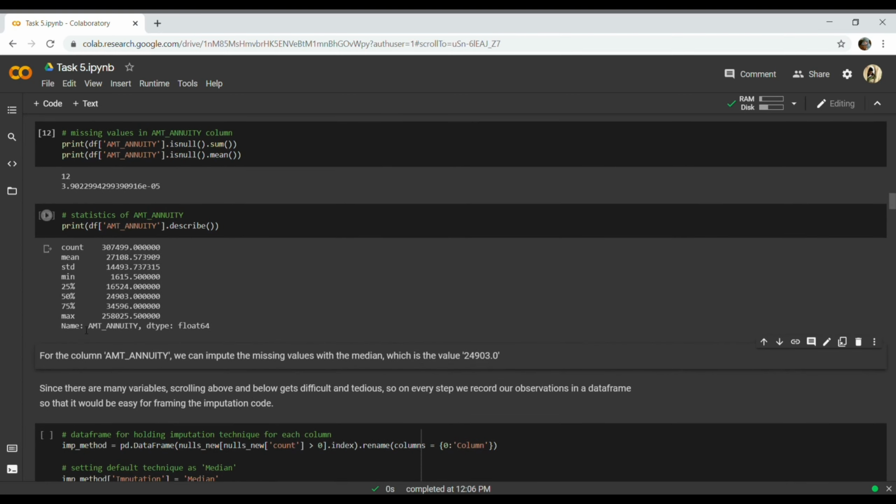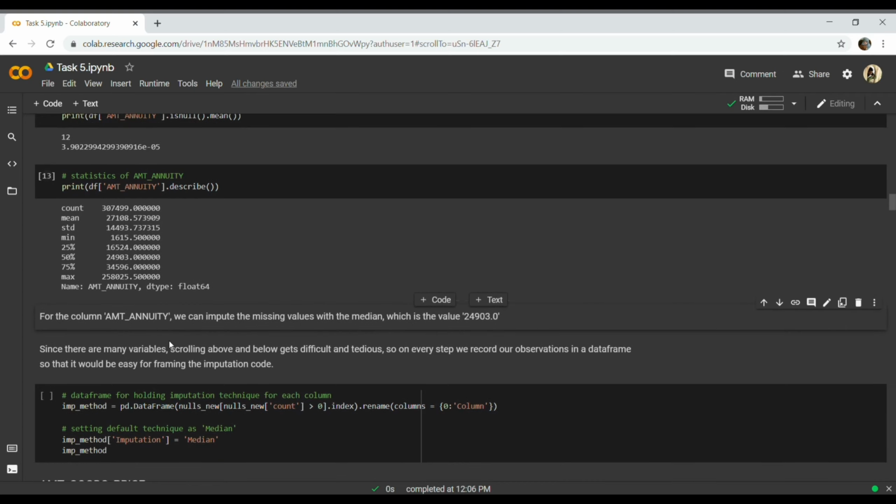So now we can replace these values with the median 24903, because the mean and median are quite close. So we can choose the smaller value, 27108 and 24903. So we can impute it with the median safely.